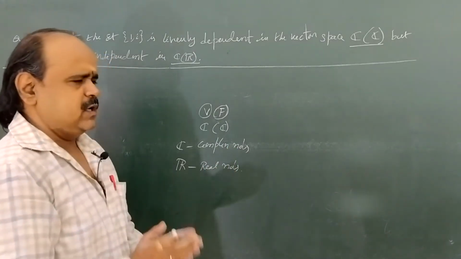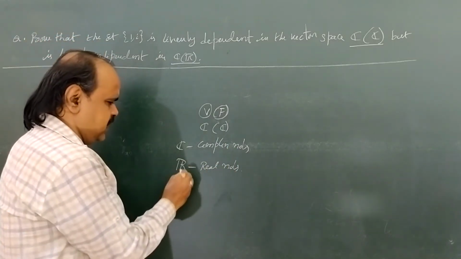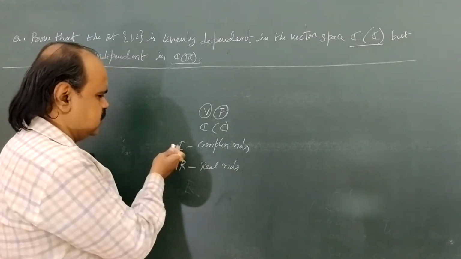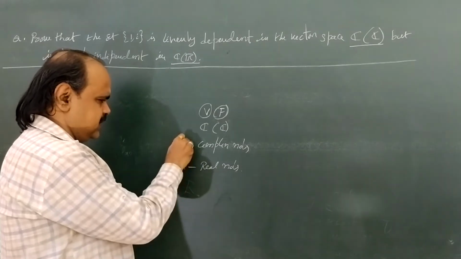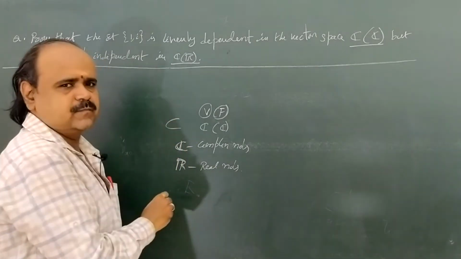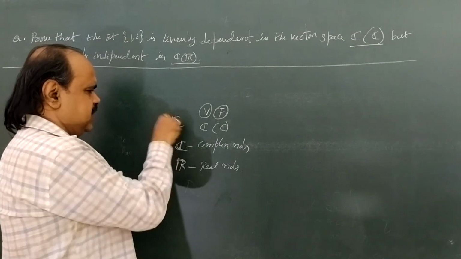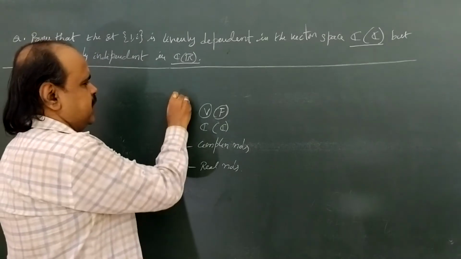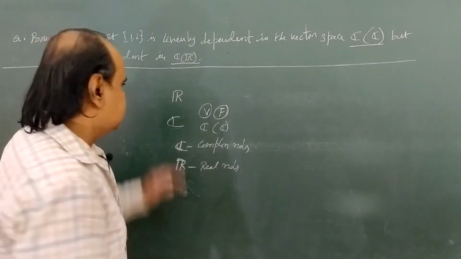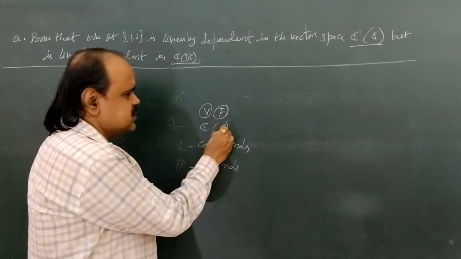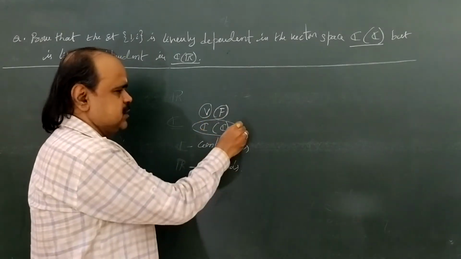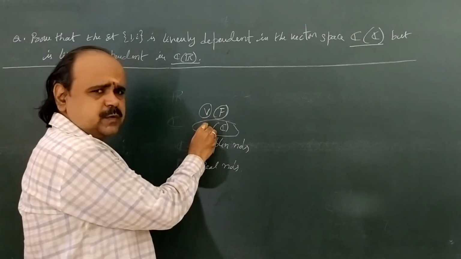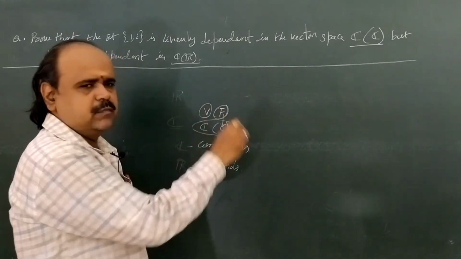Okay. From real analysis, we define R as double line R, not as capital R. Similarly, the complex plane C is represented like this, not directly as capital C. So if we define capital C like this, it is the set of all complex numbers, and if we represent capital R as double line R, it is the set of all real numbers. Okay. So please come to the point. C of C. Here the vector space is C of C. That means the set of all vectors is the complex number plane. Complex plane. The field of scalars is also the same, the complex plane.